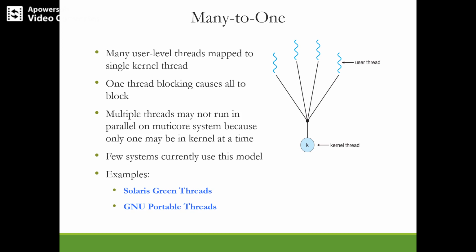You can see a few systems which use this many to one multi-threading model, like Solaris and GNU portable threads, which implement the many to one model, but few systems continue to do so. And the thread library will handle all the thread management. The many to one model does not allow an individual process to be split across multiple CPUs. So this type of relationship provides an effective context switching environment.